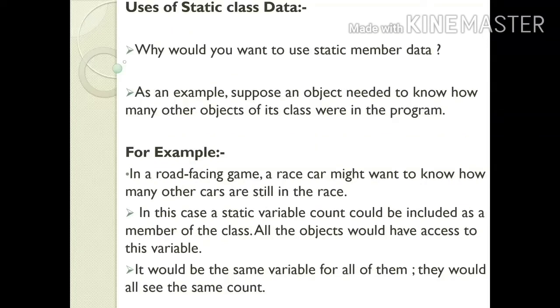Uses of static class data: why would you want to use static member data? As an example, suppose an object needed to know how many other objects of its class were in the program. For example, in a racing game, a race car might want to know how many other cars are still in the race.